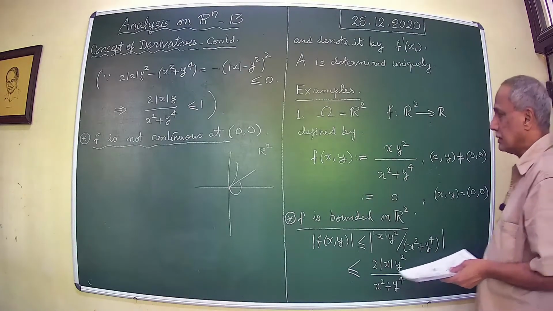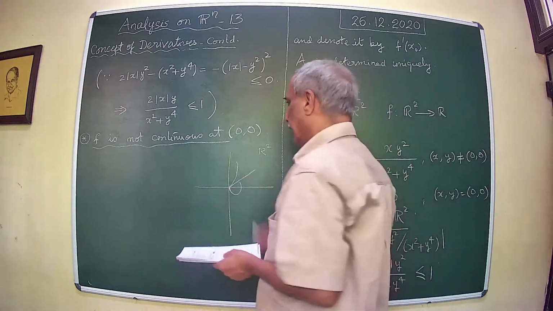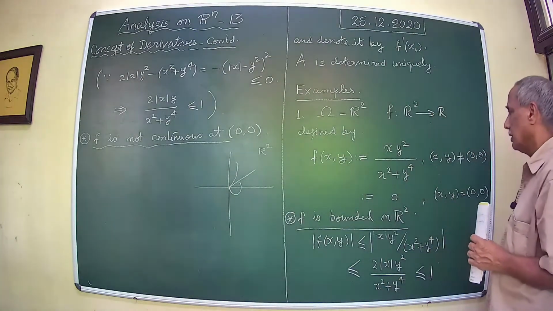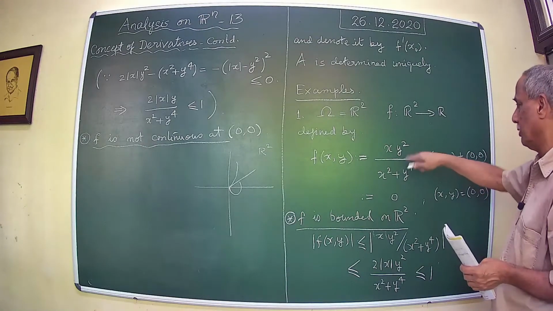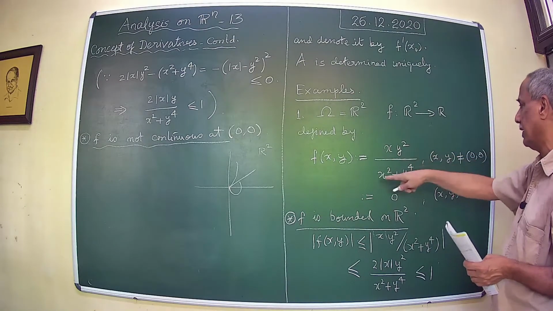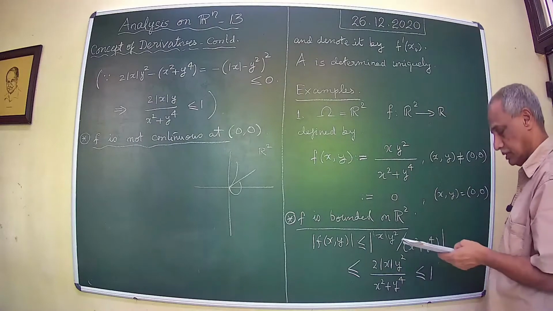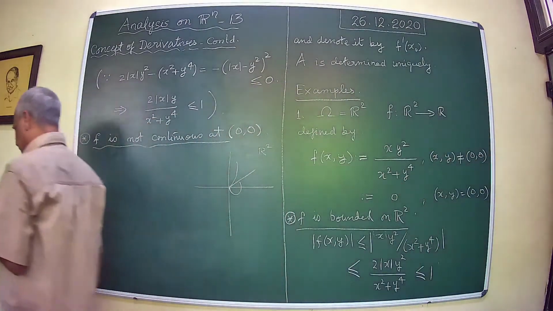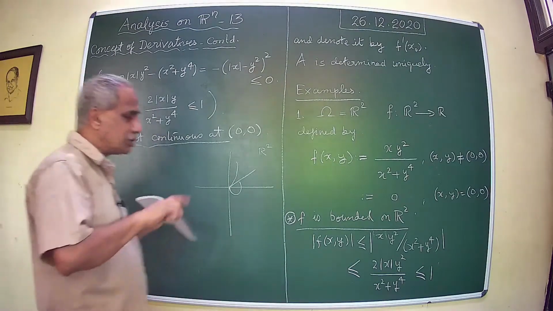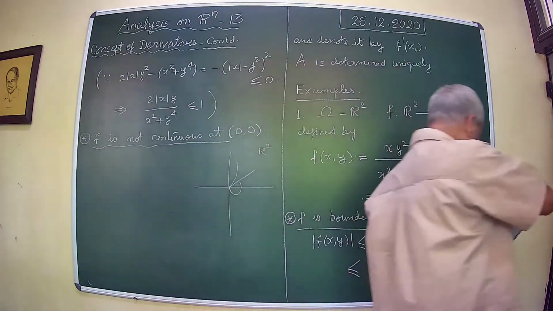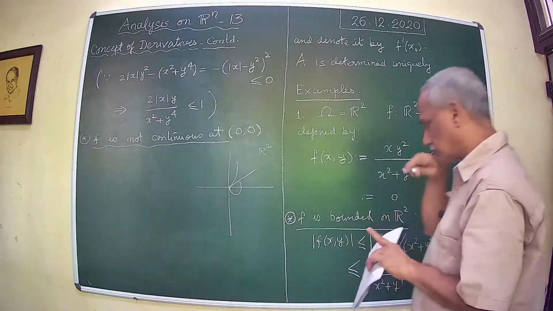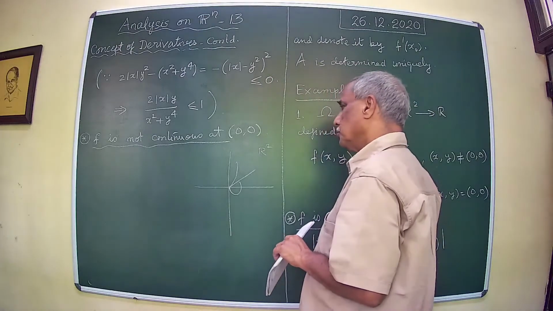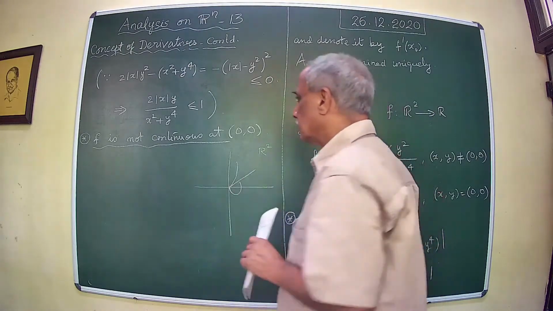Now what happens along a radial line, something like y equal to mx? You can look at this, put y equal to mx here and look at what happens along that line. Now you see that if you can show that along some path which in the limit goes to the point 0,